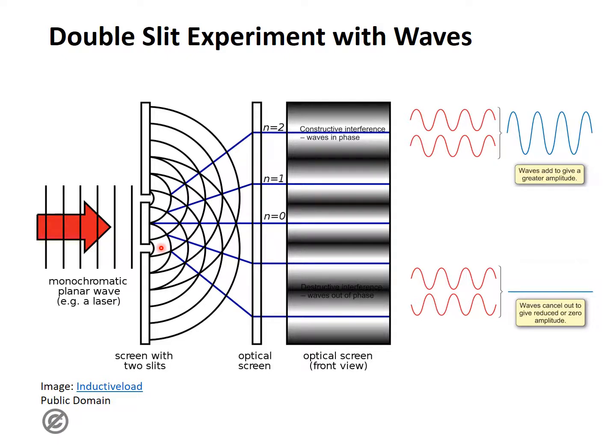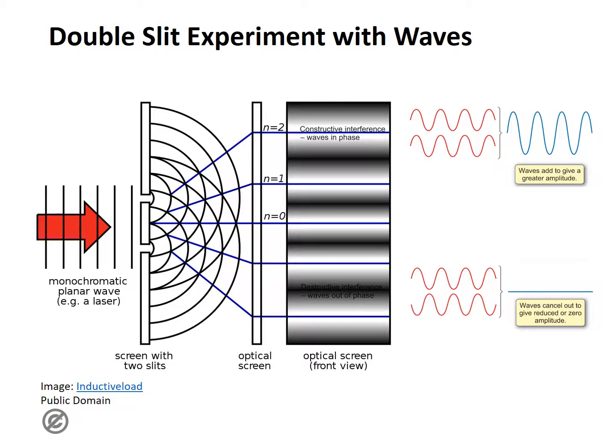As these waves propagate through space, they can interfere with each other, and they can interfere either constructively, so that they add to give a wave that is greater in amplitude, which is represented by these very bright bands we see here, or they can interfere destructively, so that the waves cancel out to give a zero amplitude, which is represented by the dark bands on this slide. So the resulting pattern we see here is known as an interference pattern, and it's very typical of the behavior